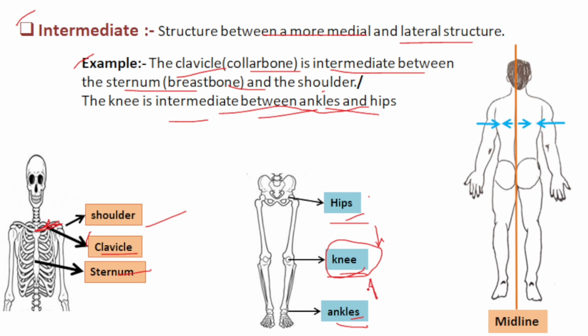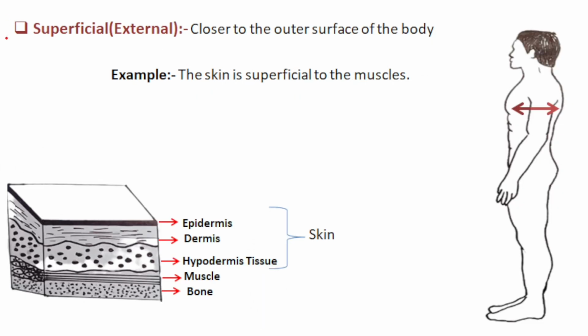You can practice this image and draw it in your exam. Then the next concept is superficial or external. The structure or the organ that is closer to the outer surface of the body is called superficial. For example, the skin is superficial to the muscle. You see that the organ that is present closer to the outer surface of the body is called superficial,